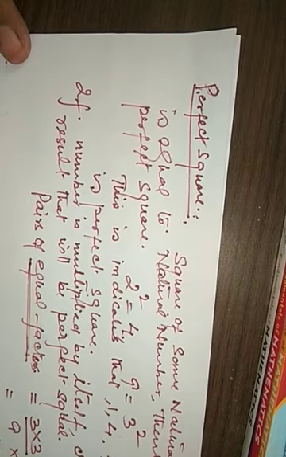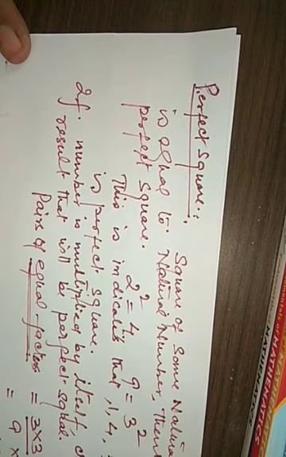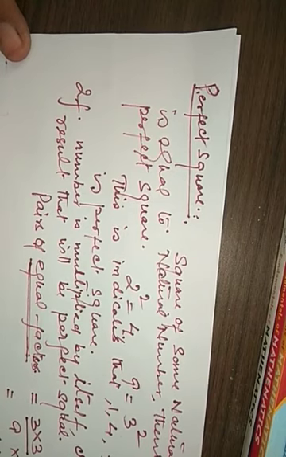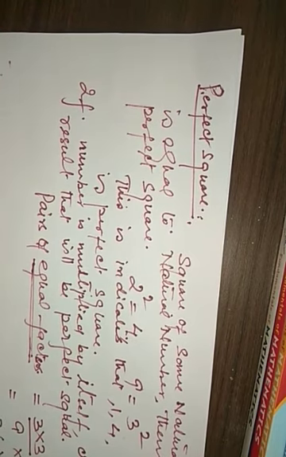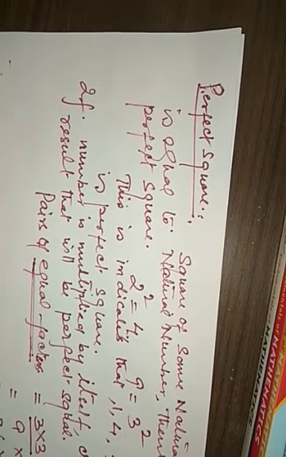This we can say is a perfect square. Fine. So this is called a perfect square. Now another number, suppose we want to check it, that is